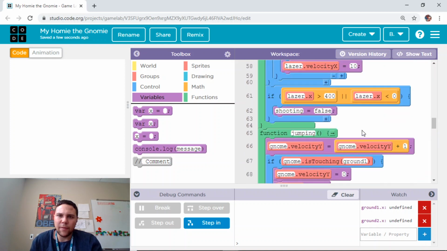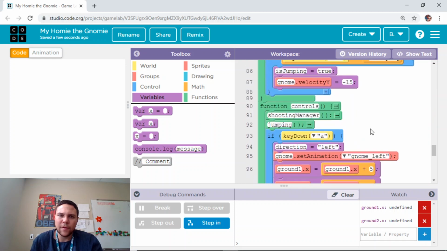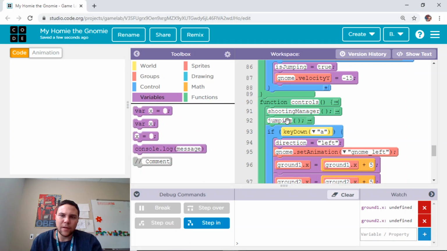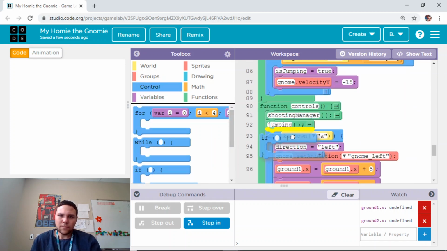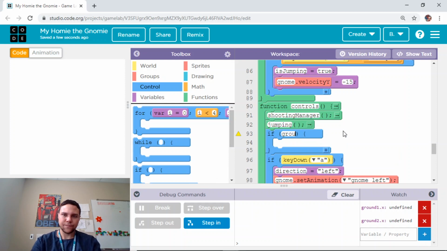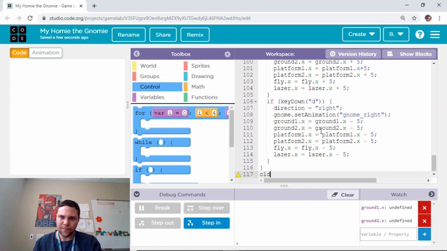Alright, so now back to above controls is where I want to put this. So let's try this again. So we know we're going to need an if statement that says if the current ground1.x is less than ground1 old